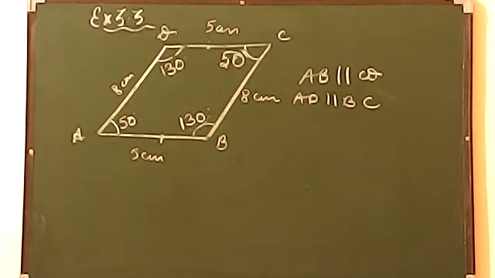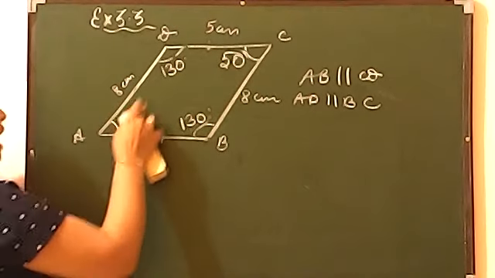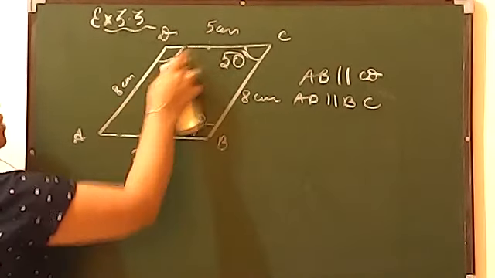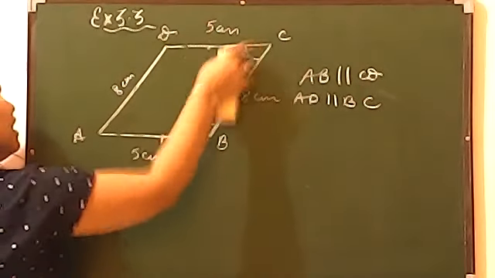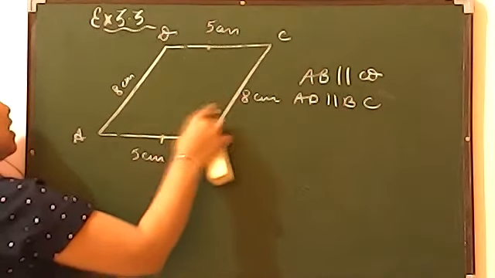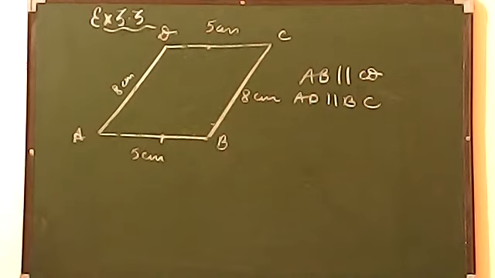ठीक है. अब ये तो हो गई प्रॉपर्टी adjacent angle की, adjacent sides की, opposite angle की, opposite sides की. अब आते हैं लास्ट कॉन्सेप्ट में, that is related to diagonal. So if I am teaching you diagonal, I am going to rub this so that it will be clear to you. So let me rub this. Now remember बेटा, parallelogram की फैमिली से कोई भी हो, let's say rectangle, square, rhombus, किसी के भी बारे में बात करो बेटा, they are always bisecting each other.